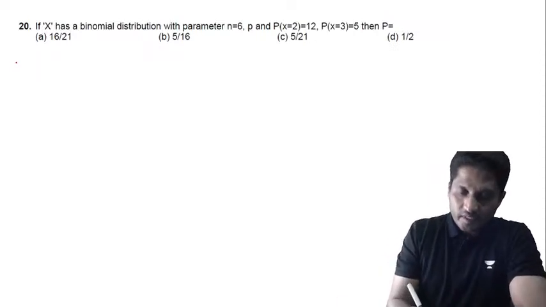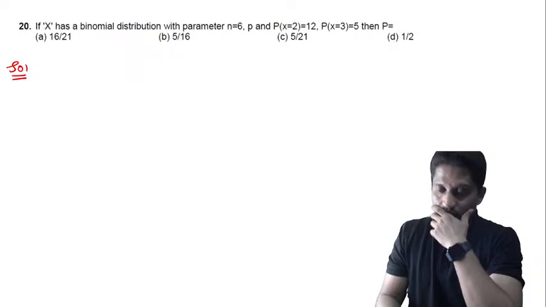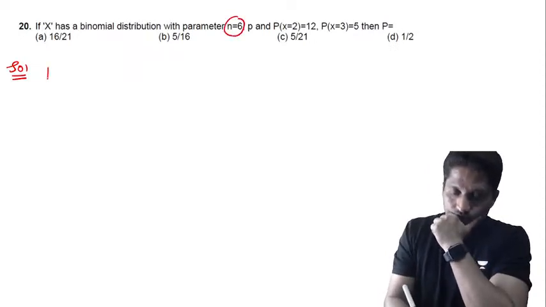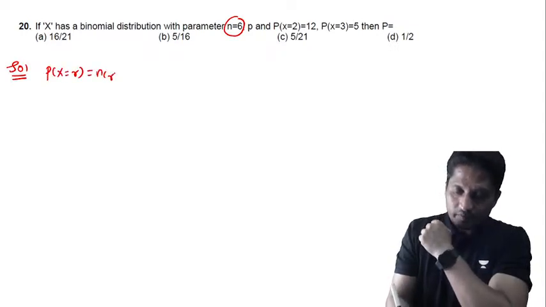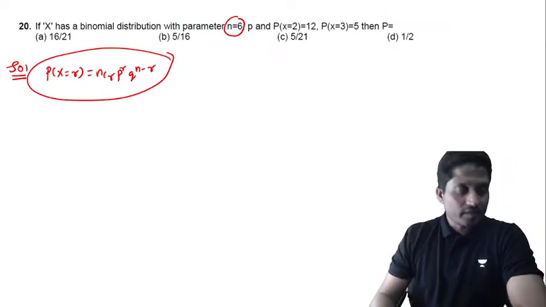Okay, question number 20. N is equal to 6, given, right? P of x equal to r is equal to nCr p to the power r and q to the power of n minus r. Right, according to the question,